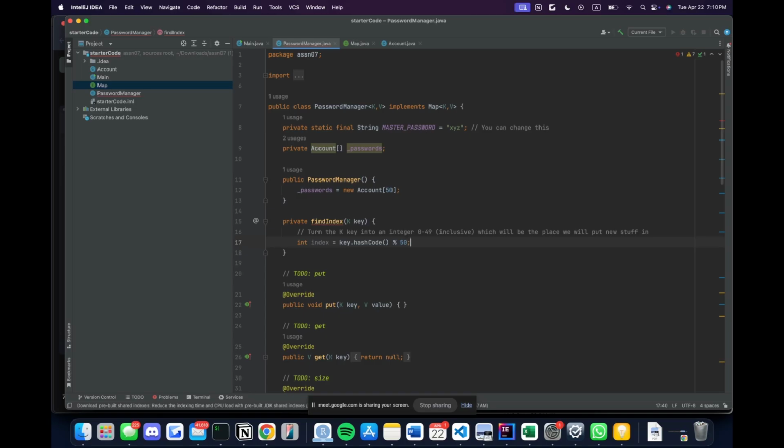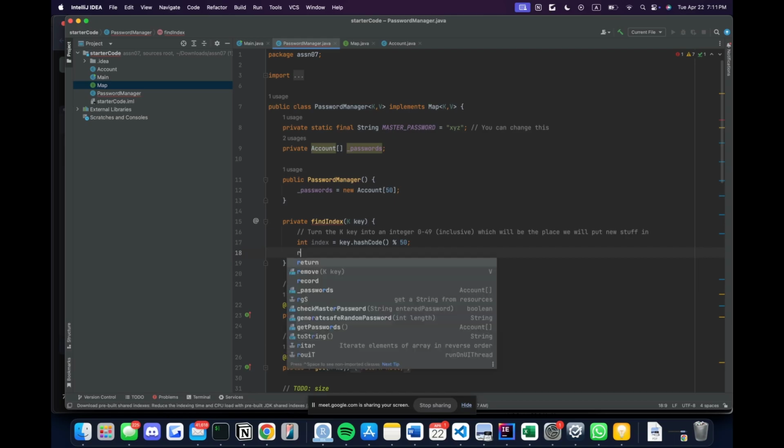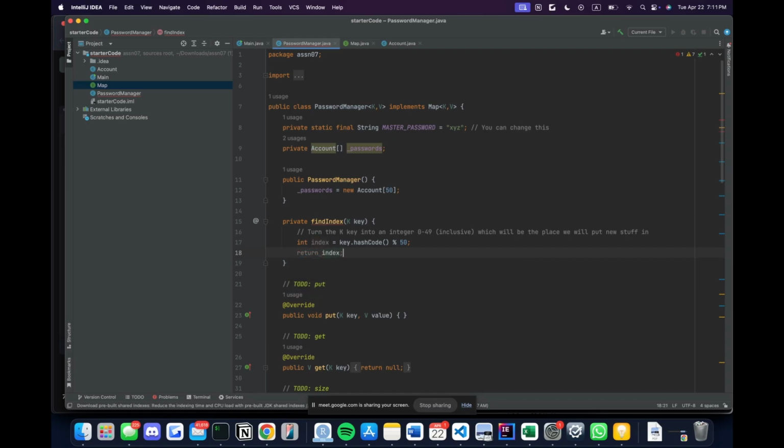So in short, that's basically what the whole hashing algorithm is. It's literally just going to be using this hash code method and then using this clever trick with the mod division in order to keep that within the proper range. Otherwise, you're going to go over bounds eventually, because we only have 50 spots again. But yeah, so that's the hash index. I'll just give this one